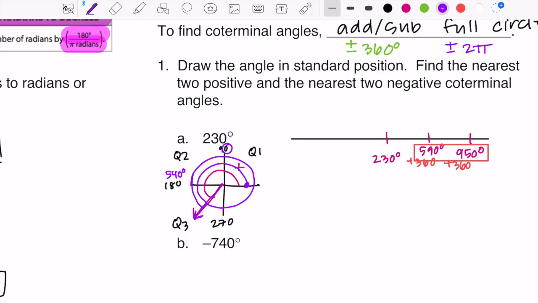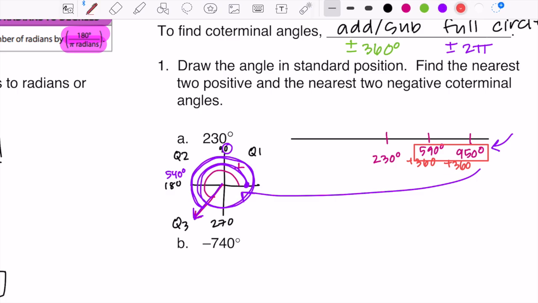So that's what coterminal means. Both of these angles will be looking exactly like that, except we're going to have an extra trip around the circle. It's an extra spin. And then to go the negative way,